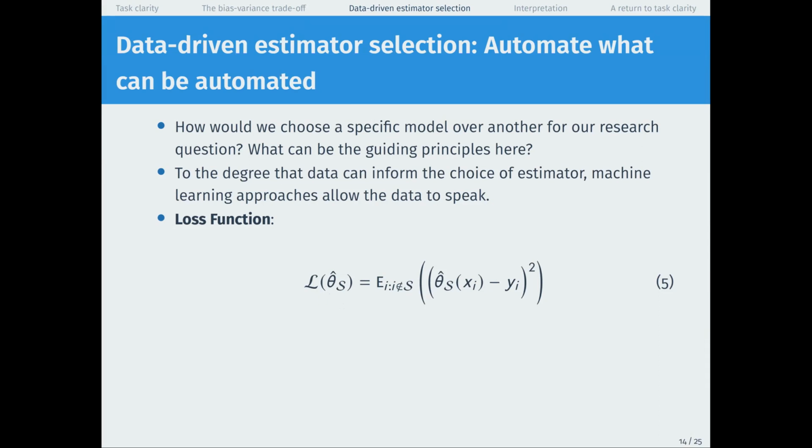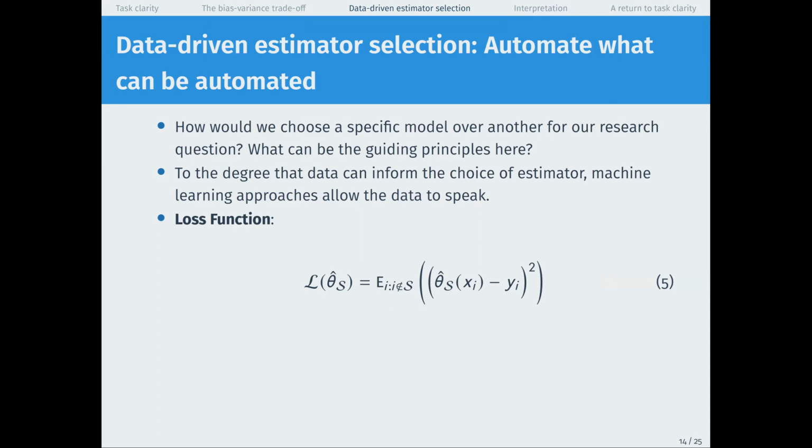And here I'm going to show you expected squared error. So this is the expected value, that's the mean, over all units I, such that I is not in S. So a key principle of machine learning is that when we learn a function on one sample, we should then evaluate its performance on another sample. And there are some good statistical reasons for doing this. It's especially helpful when you have an algorithm that really goes hard at trying to map the features in the data and learn the patterns in a complex way. In that case, it's really helpful to evaluate your estimator on a new sample.